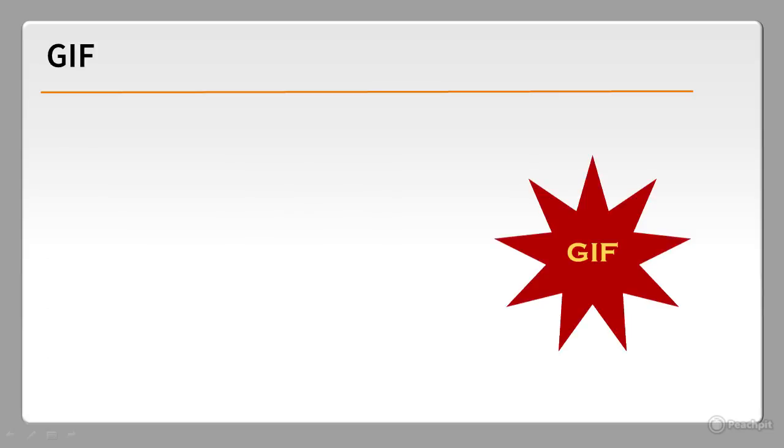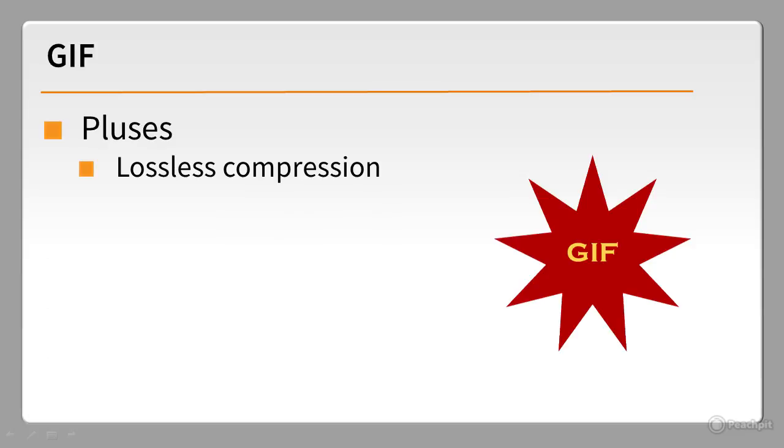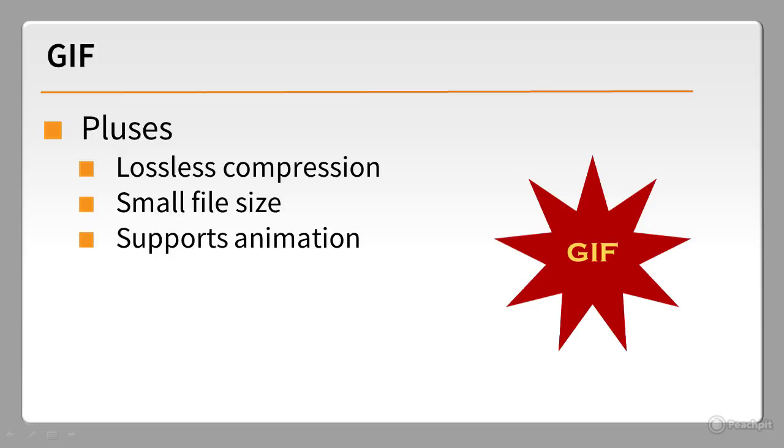GIF was the dominant format in the early days of the web. Let's look at its good points. It uses lossless compression. Image quality doesn't degrade when the file is compressed. It creates much smaller files than most other image formats. It supports simple animation. It also supports index transparency, which means that you can make one color, usually the background,